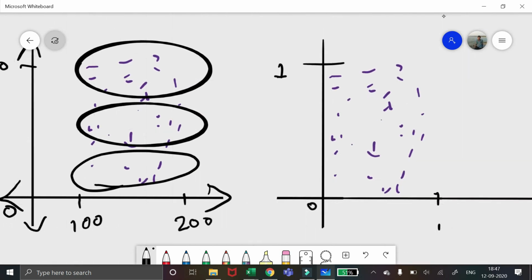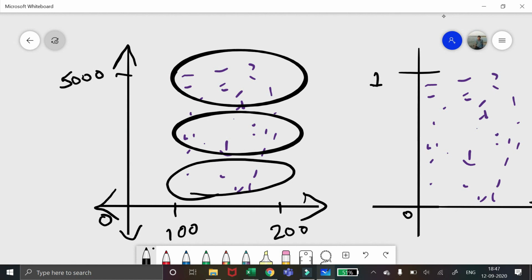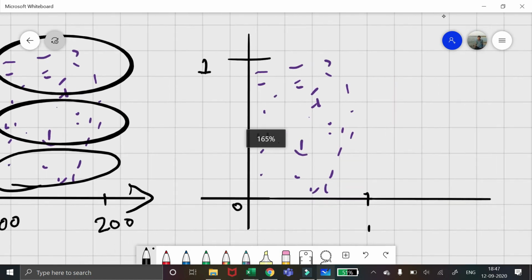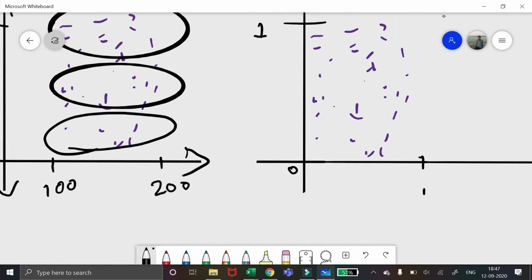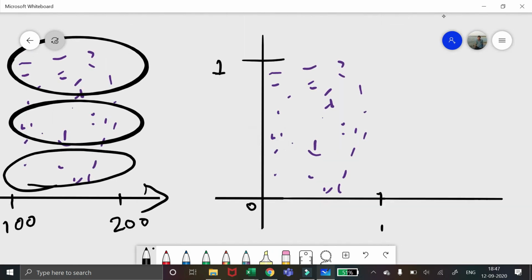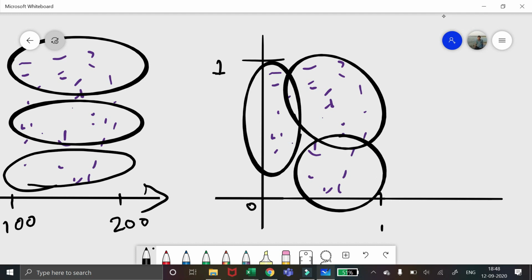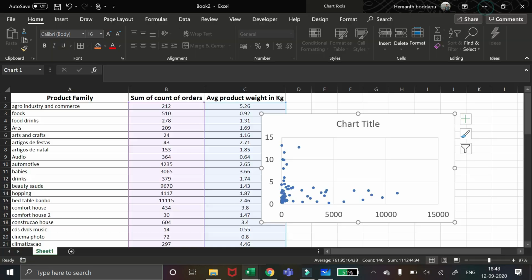But what we are going to do is compress the 0 to 5000 dimension into 0 to 1, and also the x-axis, the 100 to 200, into 0 to 1. So we are making the dimensions comparable so that they don't have any bias. Now if we perform clustering with this kind of data, we'll end up with clusters this way. You can see this is a more efficient way of having clusters. So we need to normalize this particular data.